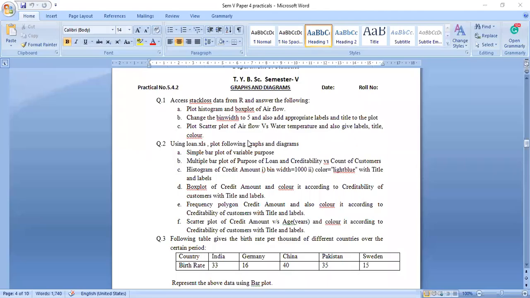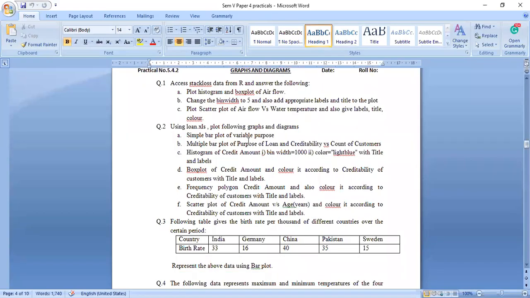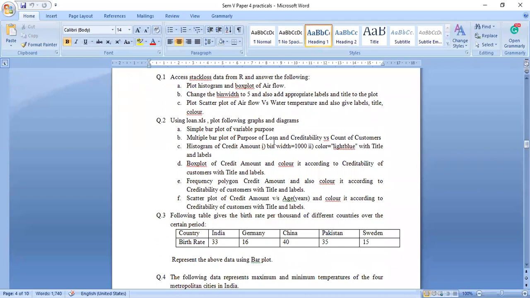This is the question. I hope you are able to see question number one in the Word file.